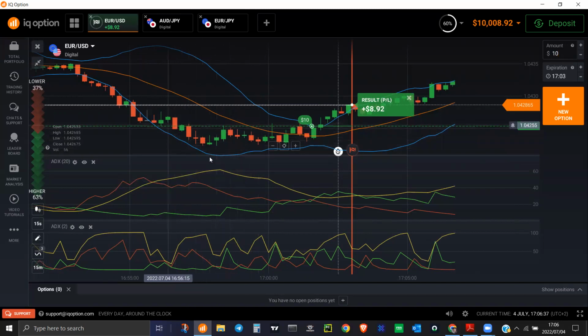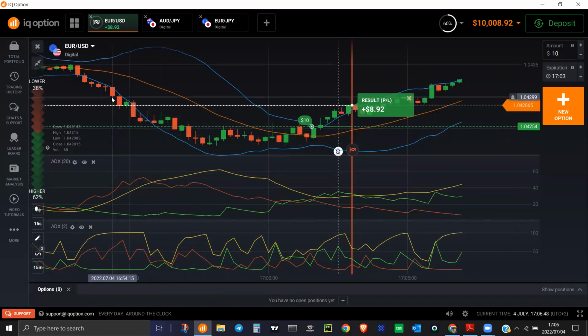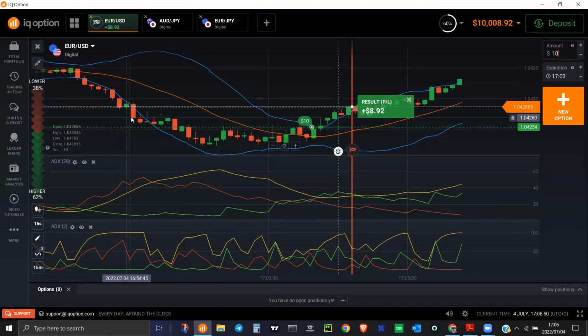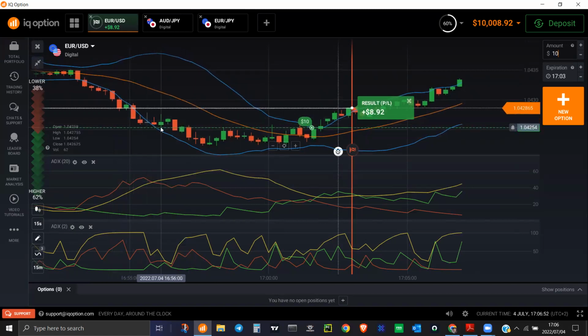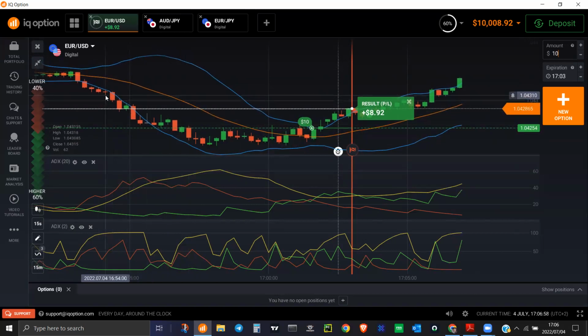So I've traded a lot in this area and lost a lot of money. So I know how to identify these areas. When the market gives you a signal like a buy signal here, you lose, and then you take it again here. You lose, and then you take it again here, and then you lose again. And sometimes each time you lose,